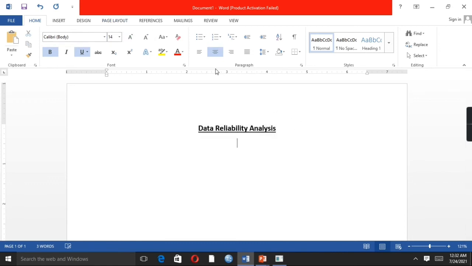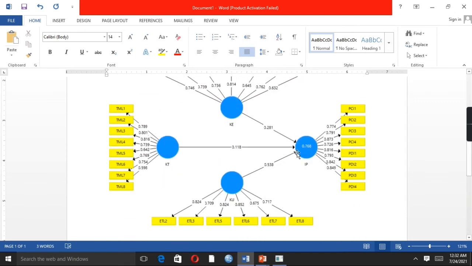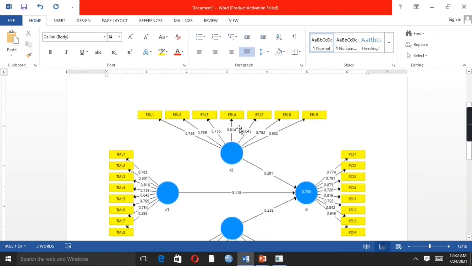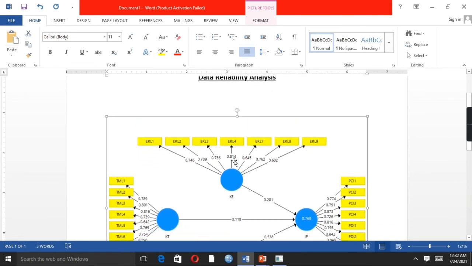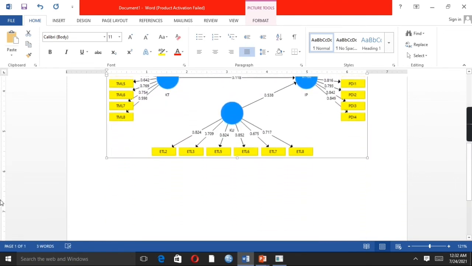So have a look. This is how we are able to perform data reliability analysis. Just copy and paste your variable. These are basically the outer loading of our items.